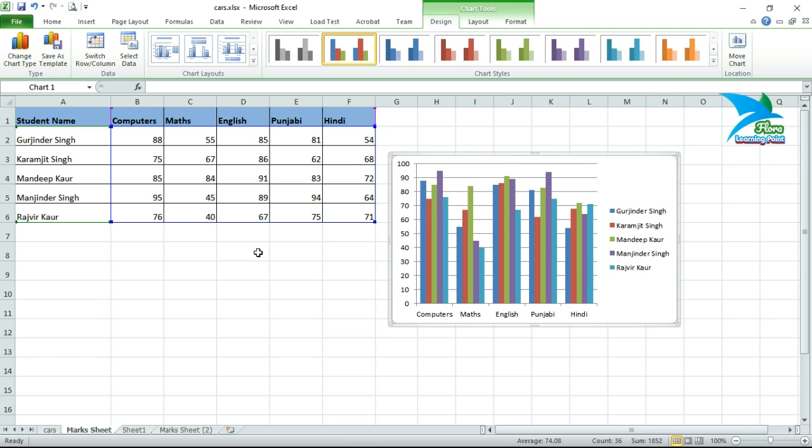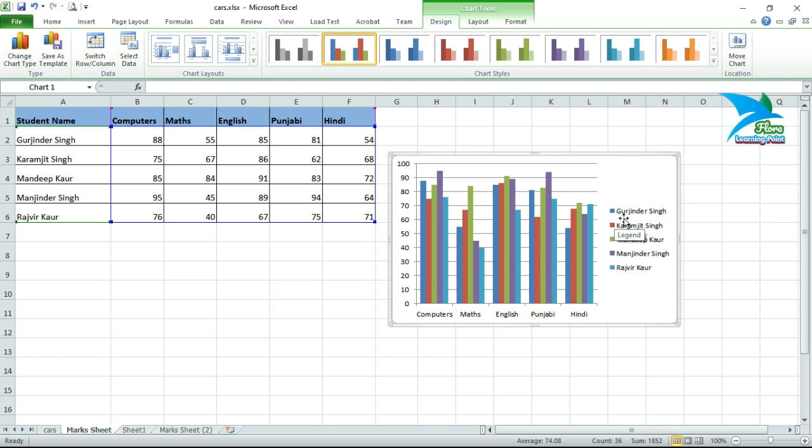After creation of a chart, we have some feature tools related to that chart. With the help of those tools we will be able to format the chart. Presently we have this chart. These bars are created automatically by the system, and they represent the values of the obtained marks of each student. For example, here we have the y-axis, this one is the x-axis, and these are the bars, or you can say data series, and here we have the legend.